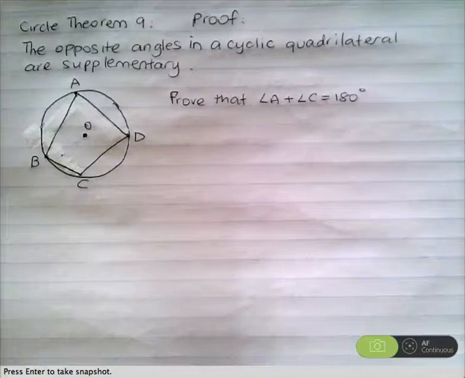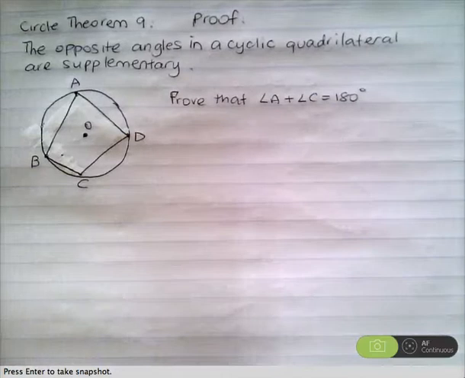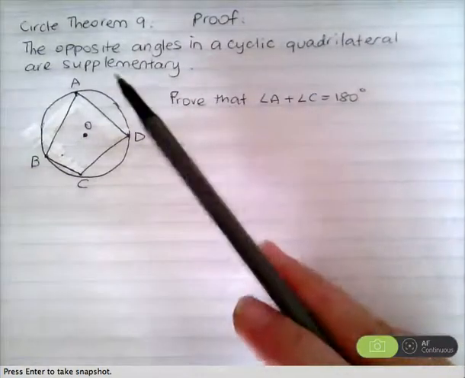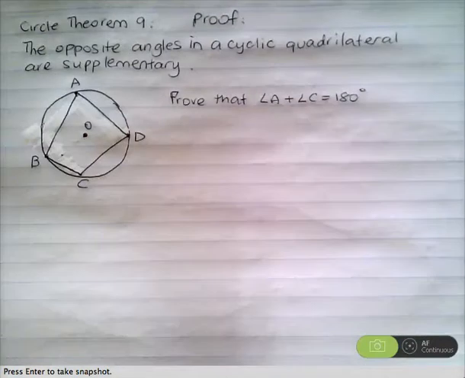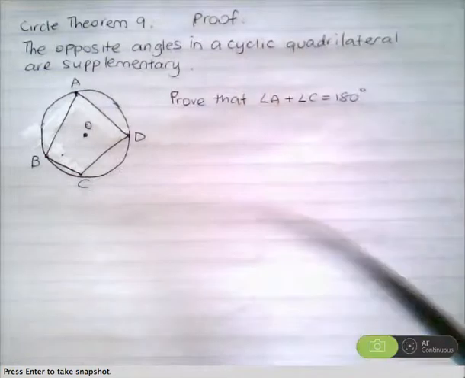Okay, now this is the continuation of the lesson on cyclic quadrilaterals. We're going to prove the cyclic quadrilateral theorems, and we're also going to do some examples on cyclic quadrilaterals. So here is the first theorem that we looked at, Sokol theorem 9, that the opposite angles in a cyclic quadrilateral are supplementary. In this case, for example, we're going to prove that angle A plus angle C is equal